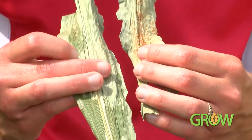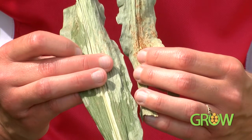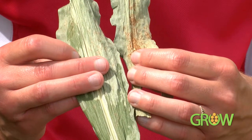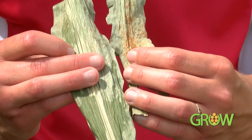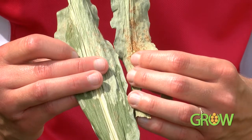That's right, Steve. We are earlier this year, which is concerning. If it comes this early in the season, that means it's going to be here the duration of the season from here on out. We know that southern rust just kind of hangs around for the rest of the season. So our concern right now is that because we're releasing this information that southern rust is here, we're not recommending that farmers just automatically go out and spray now, even if we light up the county that southern rust has